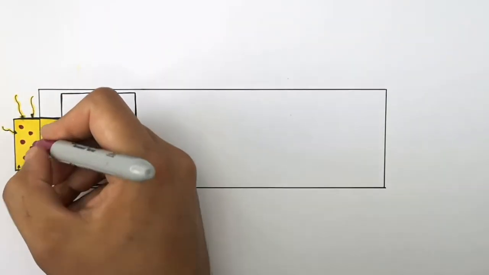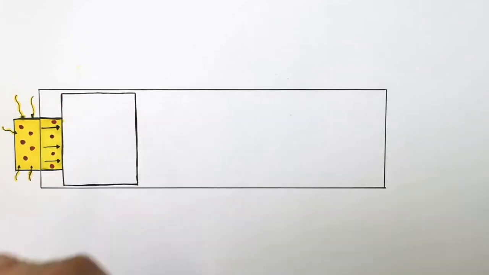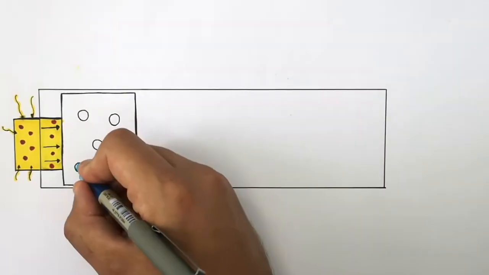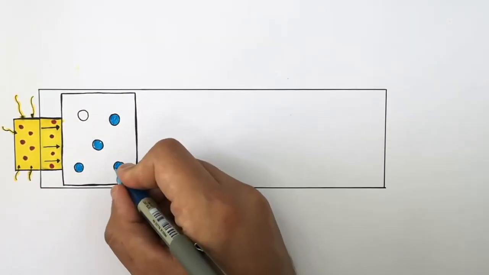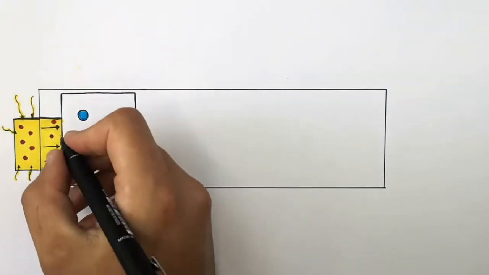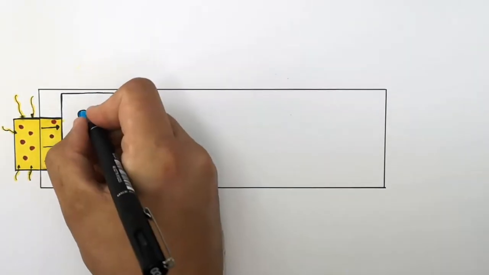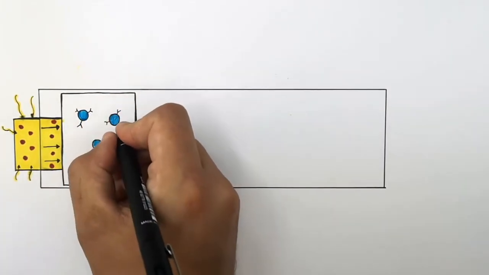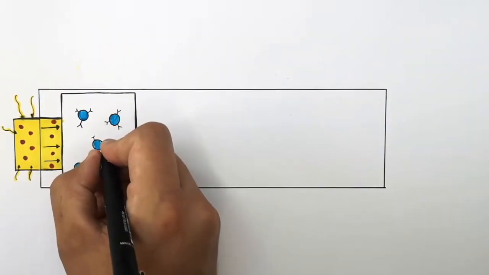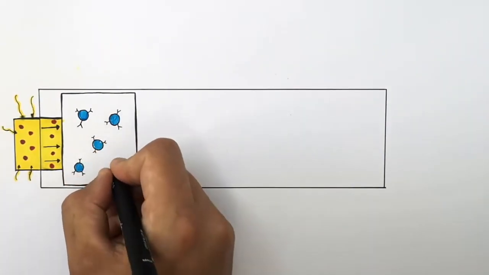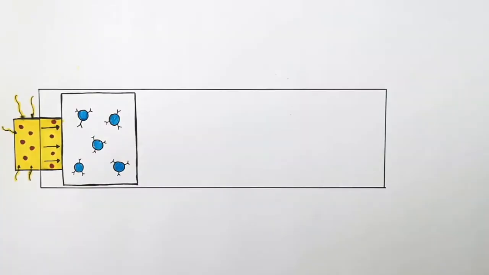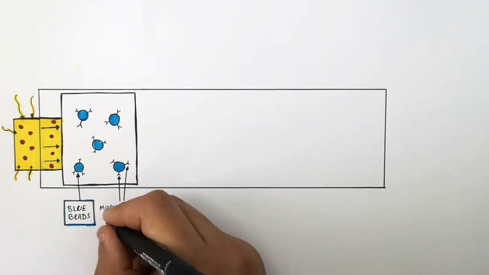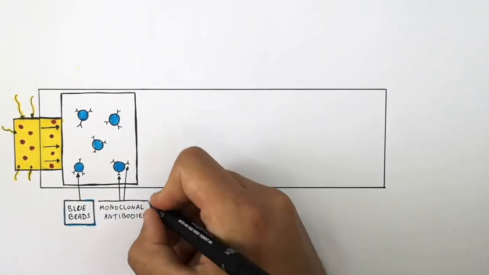Because she's pregnant, there's going to be the hormone HCG in her urine. So inside this part, you're going to find blue dye beads. These are beads of blue coloured dye. And attached to the blue beads are monoclonal antibodies specific for the HCG hormone. So these are the monoclonal antibodies that I'm drawing now that are specific to the HCG found in women's urine when they're pregnant. So these are blue beads that are dye, and these are monoclonal antibodies specific to the HCG